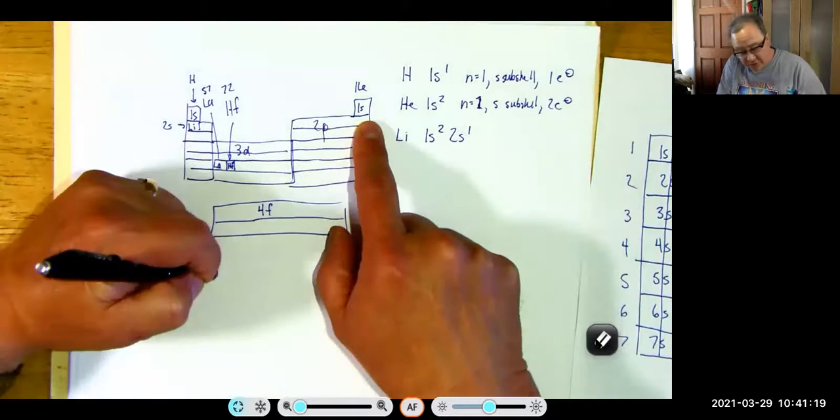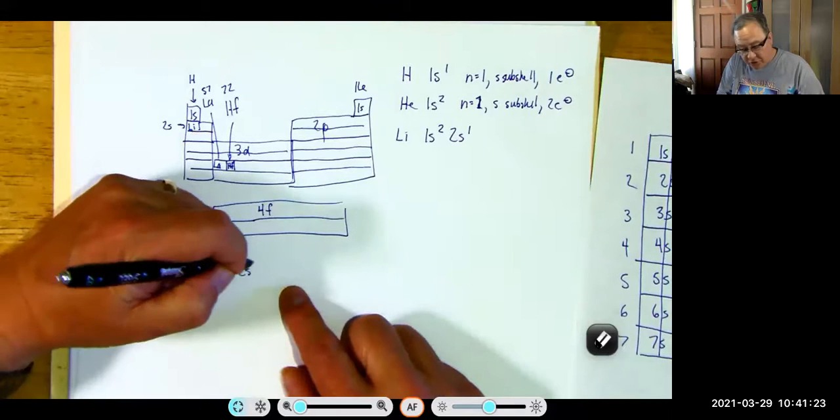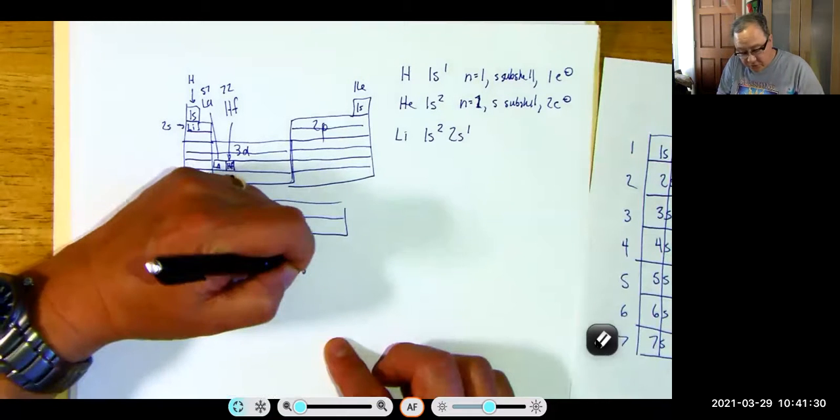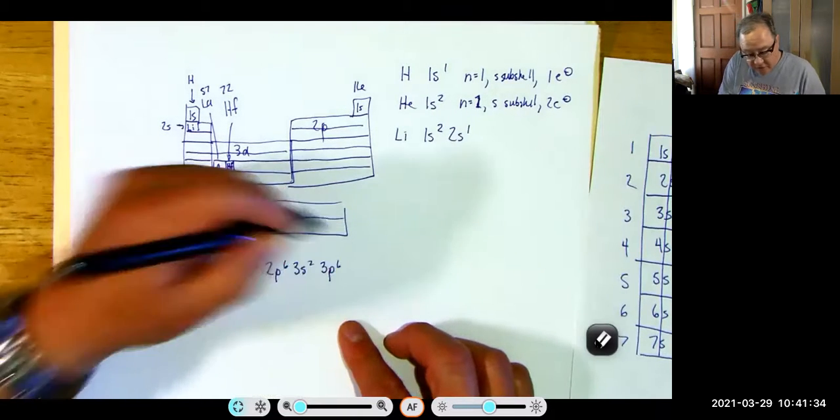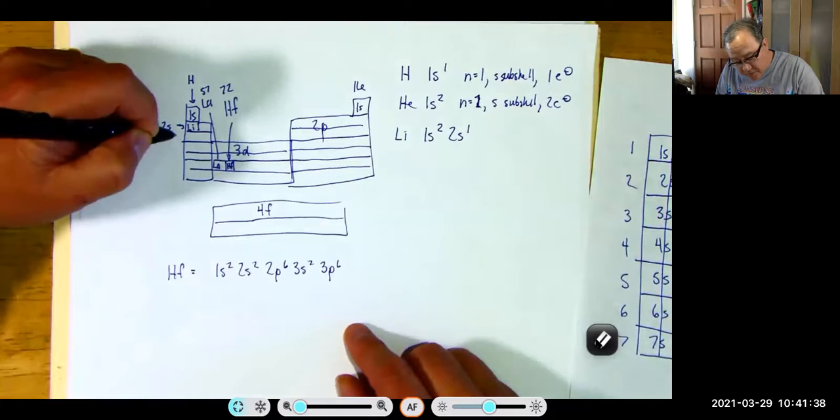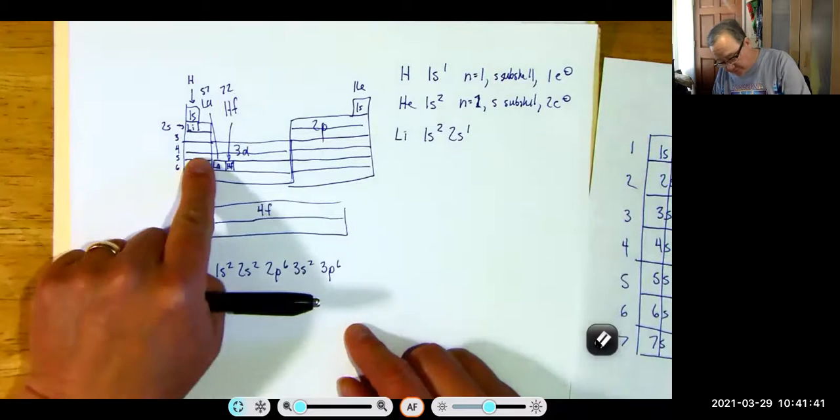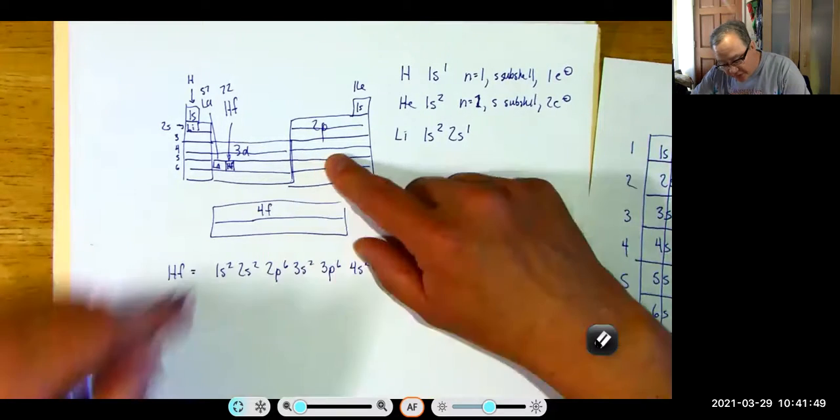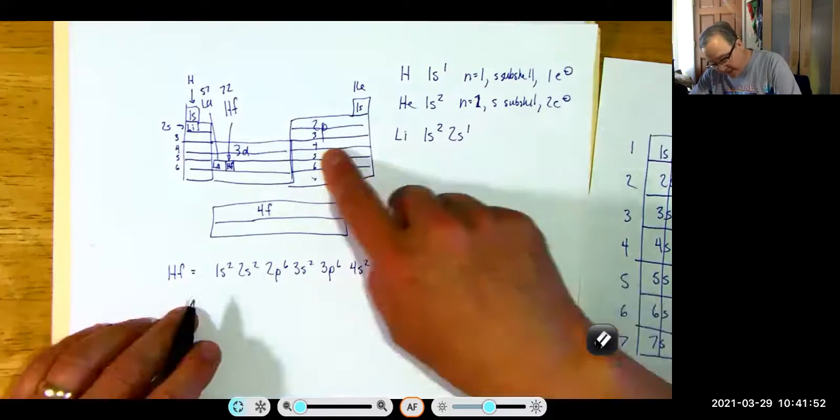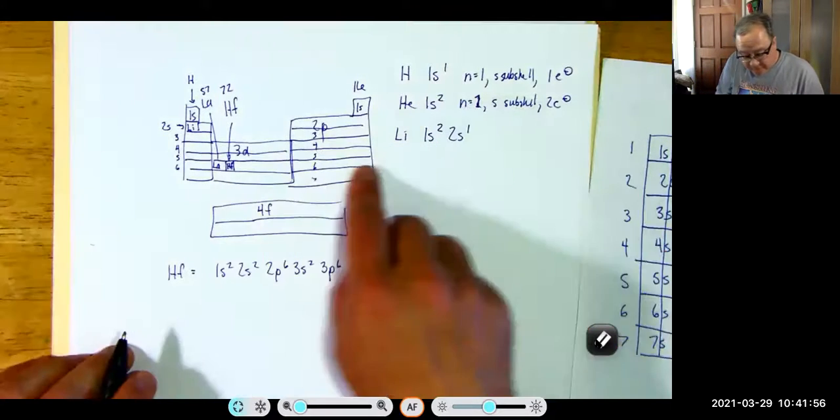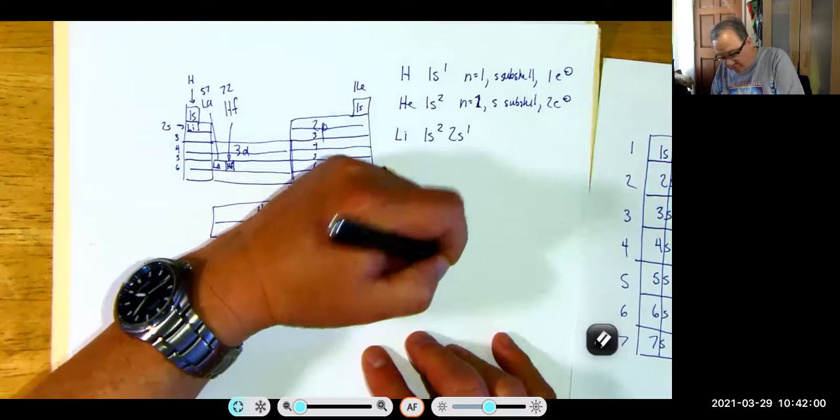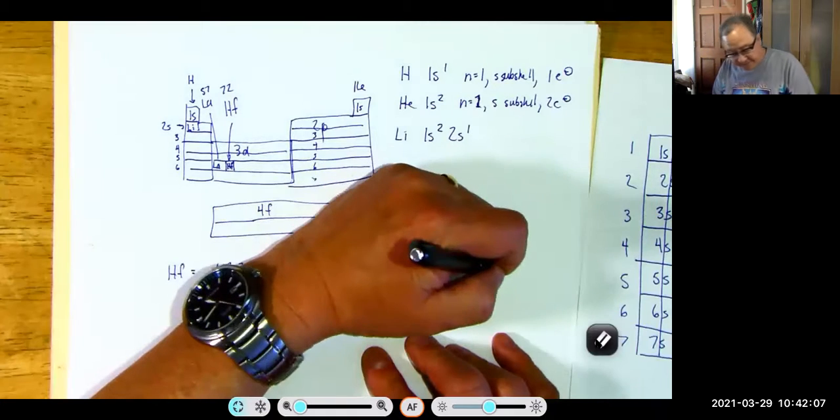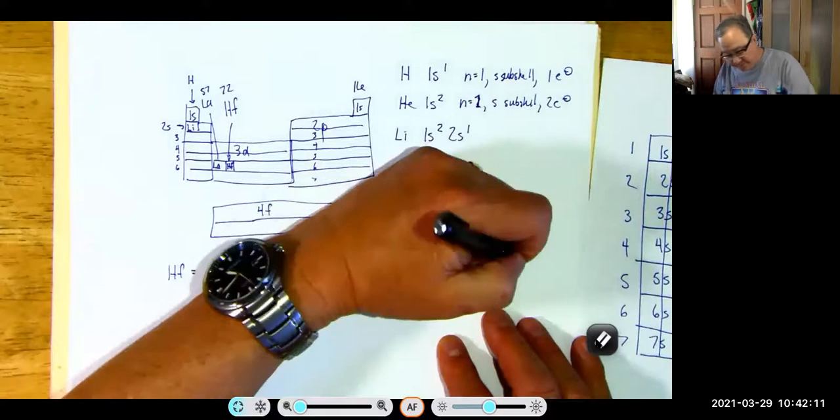1s2, 2s2, 2p6, 3s2, 3p6, 4s2, 3d10, and then counting across, 4p6, 5s2, 4d10, 5p6, 6s2, and then this lanthanum